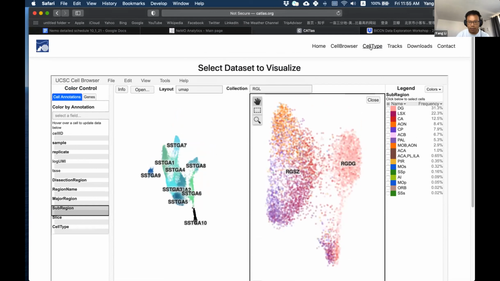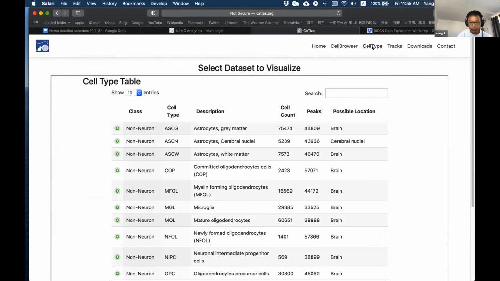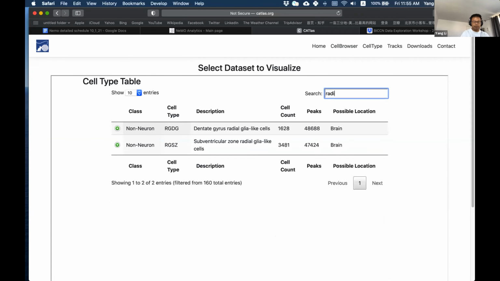Let me go to the cell type tab. If you click the cell type tab, it will direct you to a new page. In this page, we included all the detailed annotation for each cell type. You can search for a cell type of interest by typing keywords here, for example, if you're interested in radial glial-like cells.